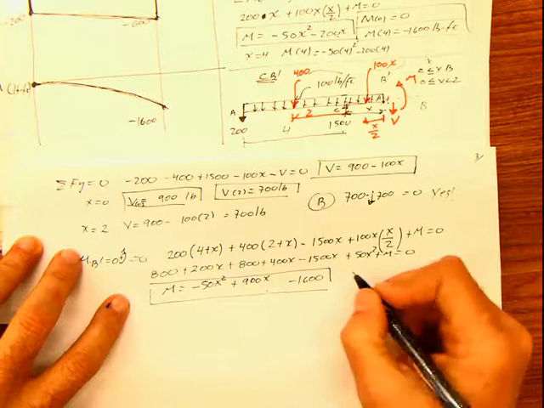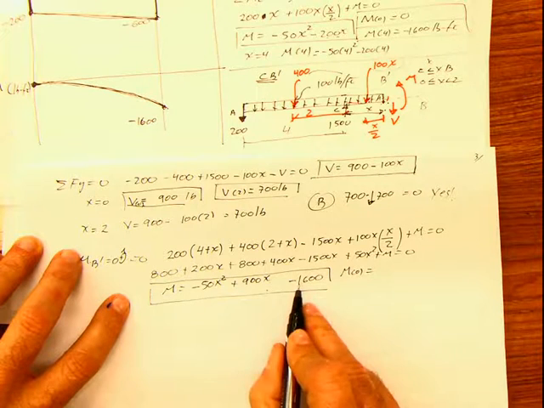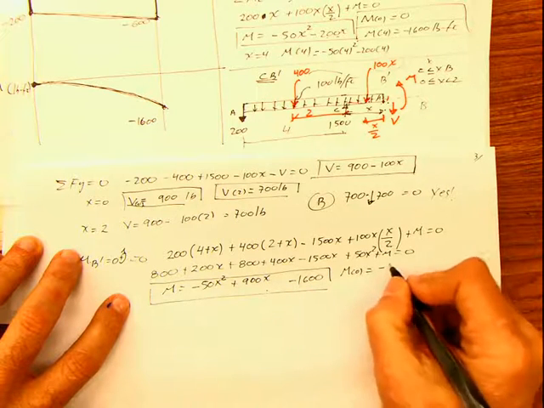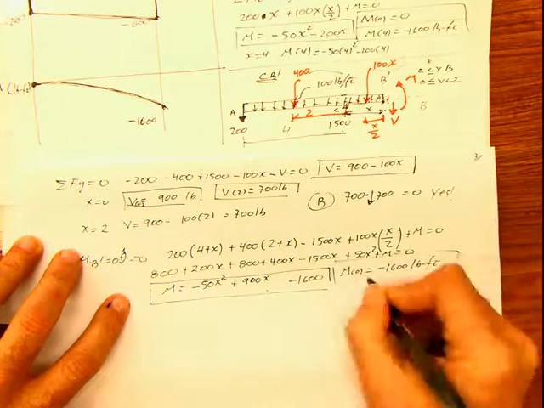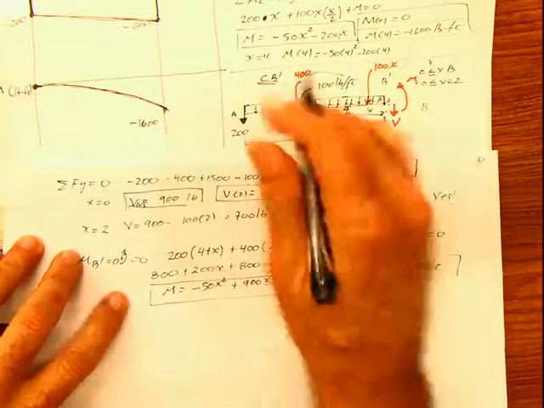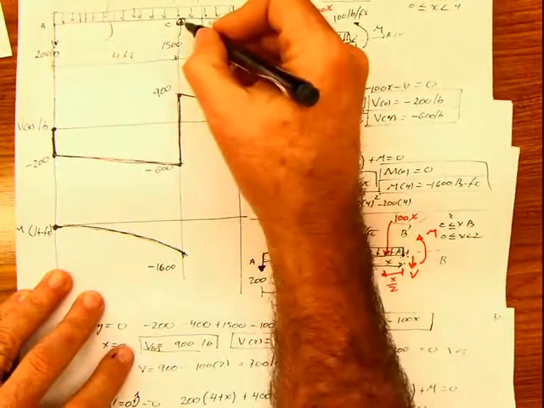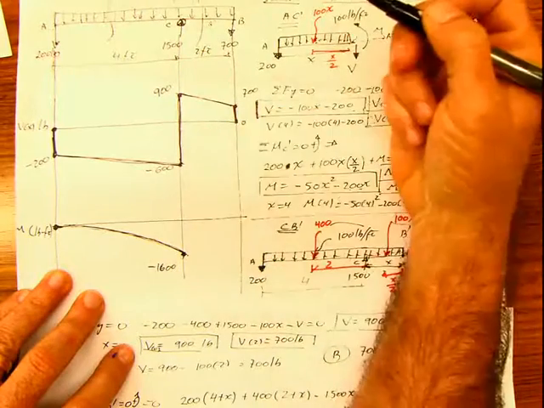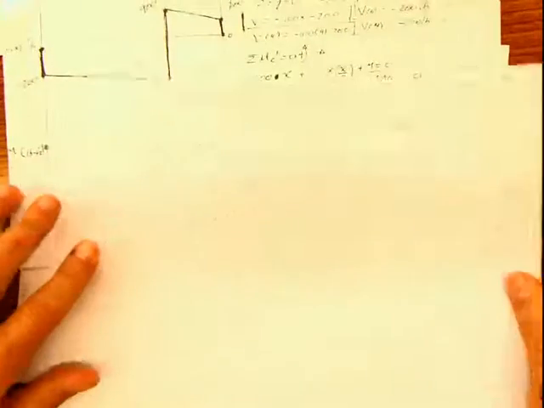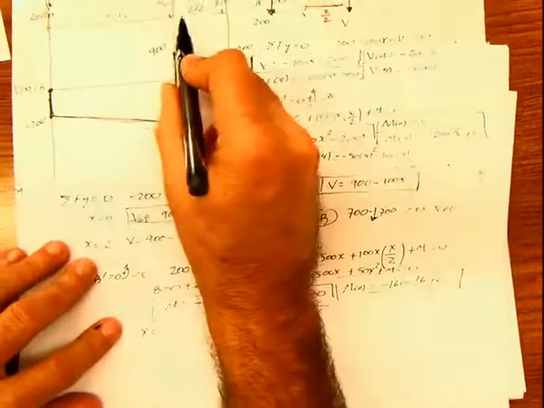Same thing, you say for x equals 0, M of 0 is, this is 0, this is 0, negative 1600. That means that at this point we're going to have 1600, which makes completely sense because this is a roller. There's no concentrated moment at that point, so we shouldn't have any change in this part. So that makes sense. And for x equal 2, the length of the span,